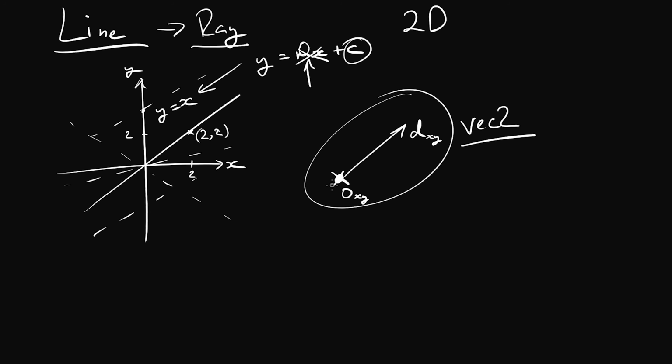Now, in order to actually define this line though, we need to be able to sample a point along the line somewhere. And this is where our magical t parameter comes in, which is really the distance of the point along the line. It's sometimes also called a scalar because it will scale the origin along the directional vector. However, if you're new, a good way to think of it is just the distance.